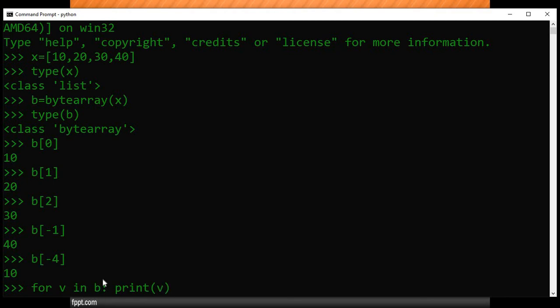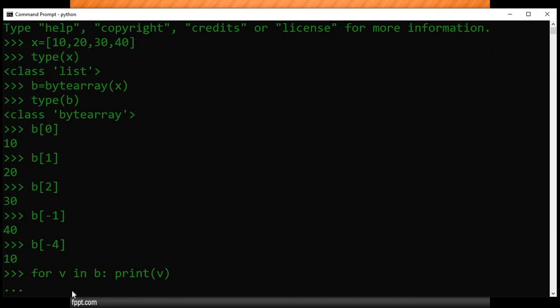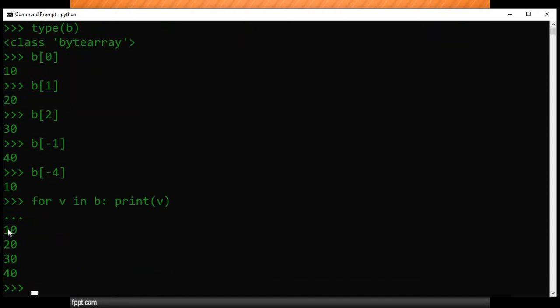The elements of the byte array will be copied into v on each iteration. That means it will print 10, after that 20, after that 30, and after that 40. So just hit that, and we get the values 10, 20, 30 and 40.